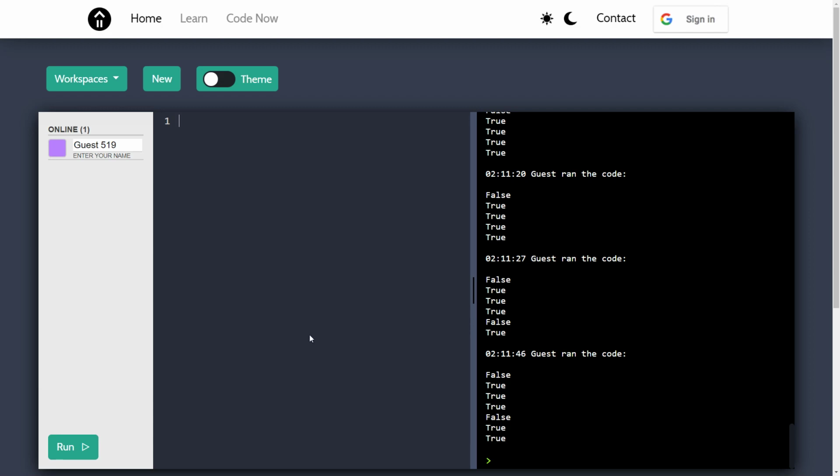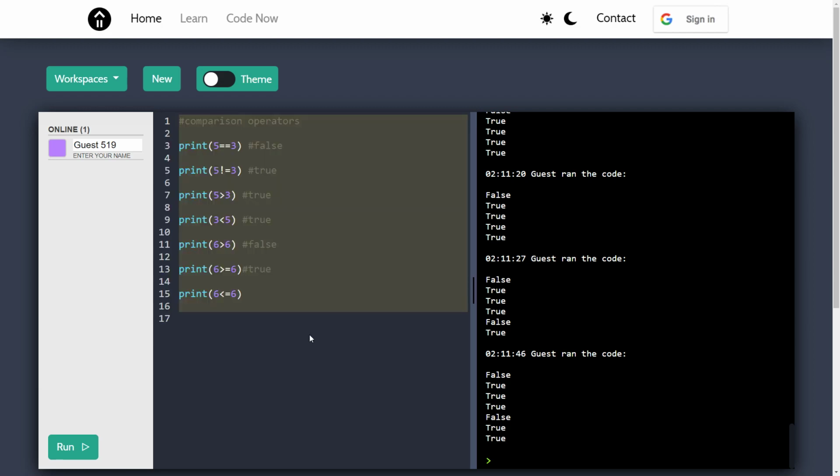Now, let's move on to what a logical operator is. So you're like, logical operator? What's that? Now, it's just operators that can combine two or more expressions together. So let's look at this for example, right? So when we had the print,